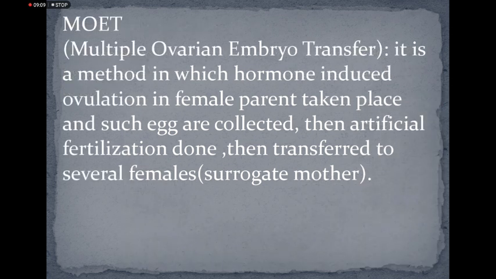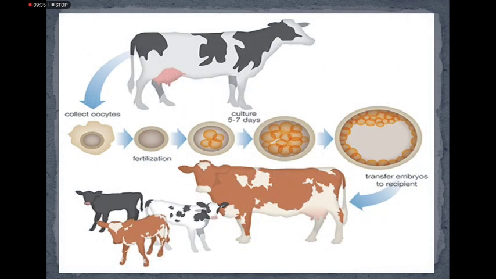Then next one is MOET, multiple ovulation embryo transfer technology. It is a method in which hormone induced ovulation occurs in the female parent and such eggs are collected, then artificial fertilization is done, then the embryos are transferred to several females, that means surrogate mothers. Here is a picture, that means through MOET, by applying hormones, several ova are produced from a